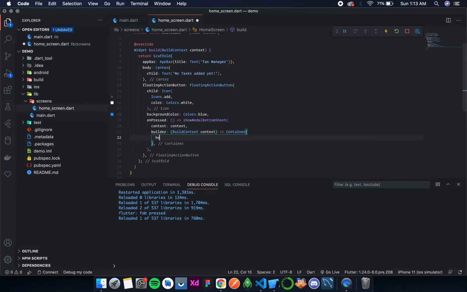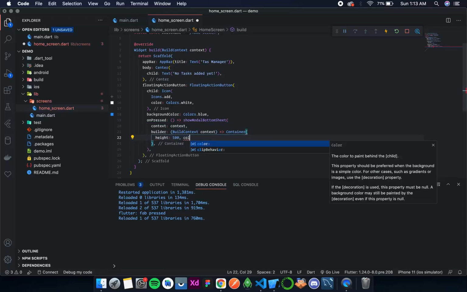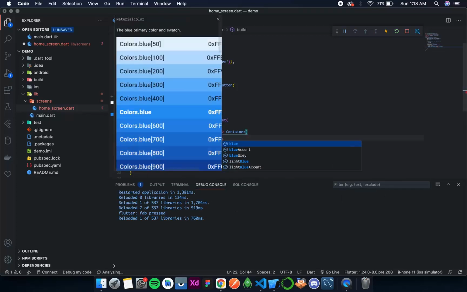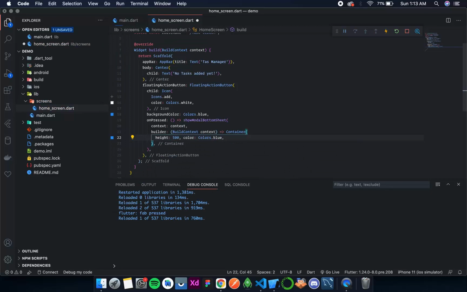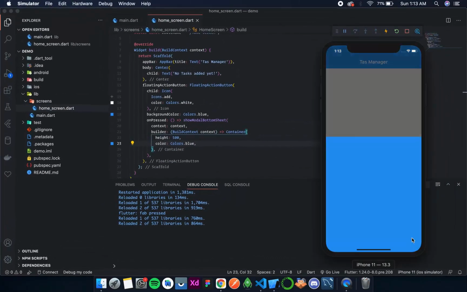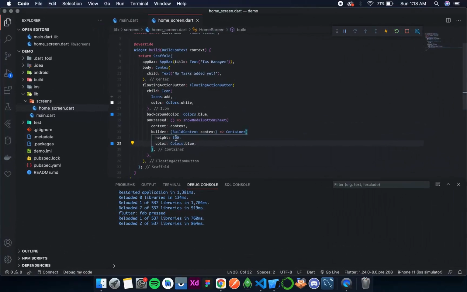Okay, a container of height, let's say 500, and color, let's say colors dot blue. Cool. Let's save this, and now if I click on this, I am able to see a bottom sheet.